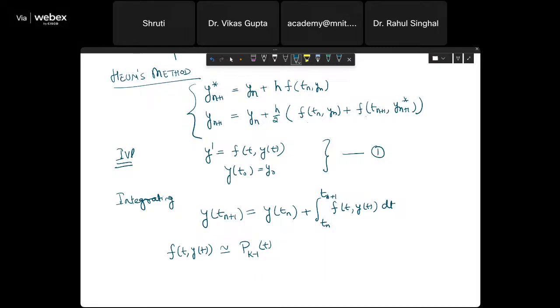This interpolation polynomial we can form by using different ideas. We can use it for the derivation purpose here, and any form of this we can consider. Adopting the most convenient way, which is in fact used in general here, I am going to use the Newton backward difference formula for this k minus 1th degree interpolation polynomial. So using this formula, what we obtain is,